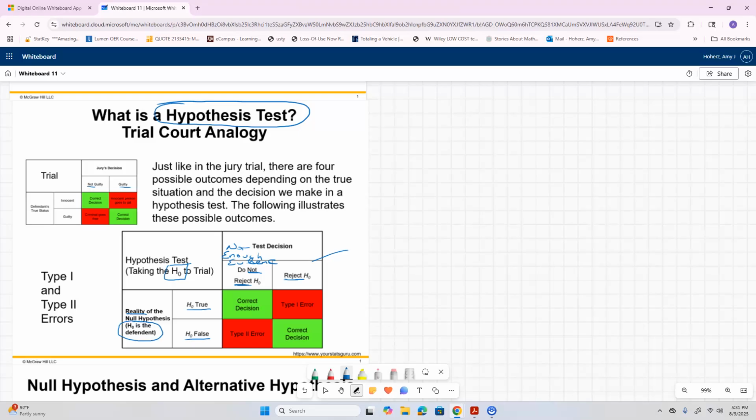If we do reject, that means there was enough evidence in our statistical testing. So there was enough evidence to reject the null hypothesis or find the null hypothesis guilty, or there was not enough evidence, and so we do not reject it or we do not find it guilty. And just like with the trial, if we have a null hypothesis that was true,